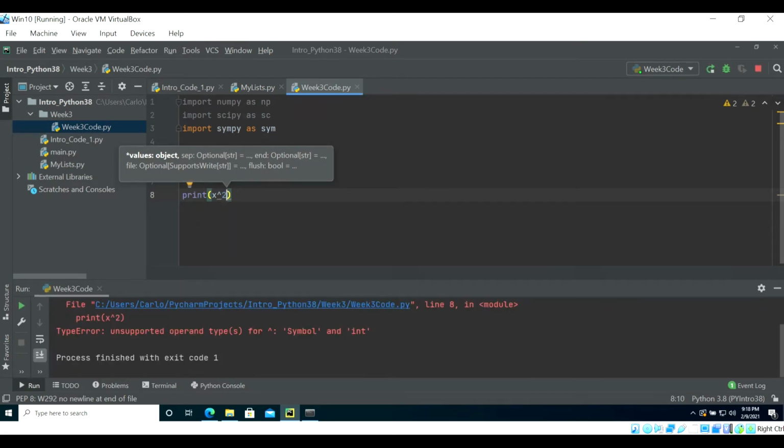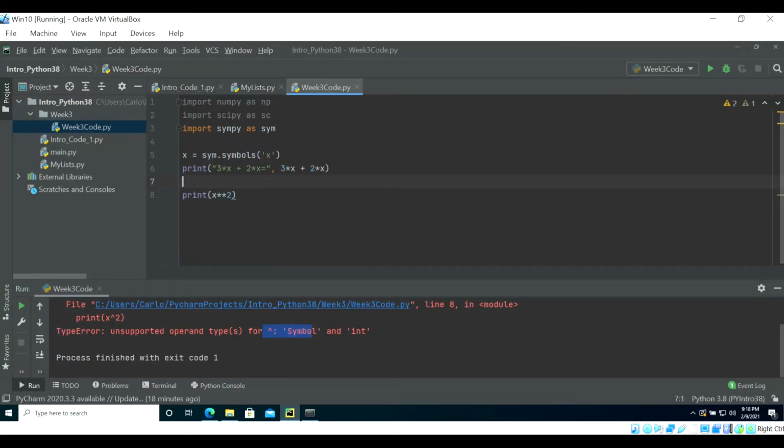Yes, Python does not know what the hat symbol means. So x squared is printed with double asterisks, and I keep forgetting that sometimes, so I'm not sure why Python decided to go this way, but that's the way it is. And if you want to do the derivative of x squared, you simply do